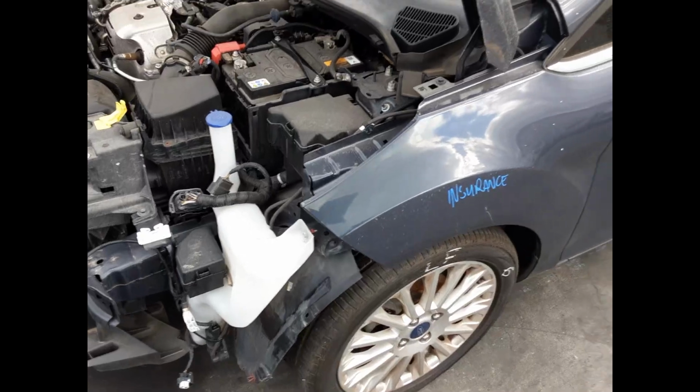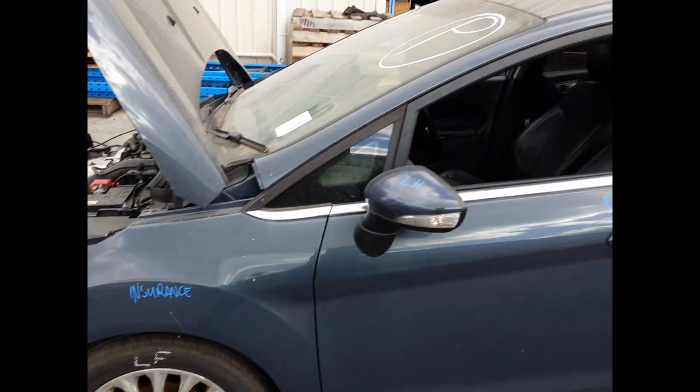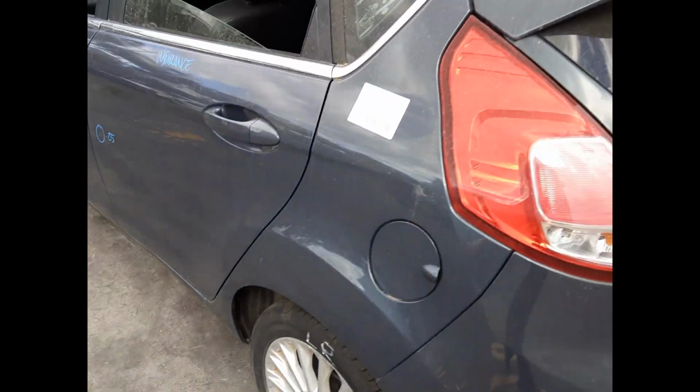We have the left guard, no damage, left power door mirror, left front 16-inch factory alloy mag with a good tyre, left front door no damage, left rear door 1 small dent, left rear factory alloy mag 16-inch, good tyre, left tail light,